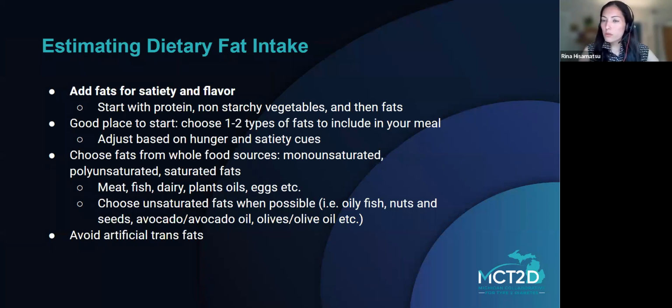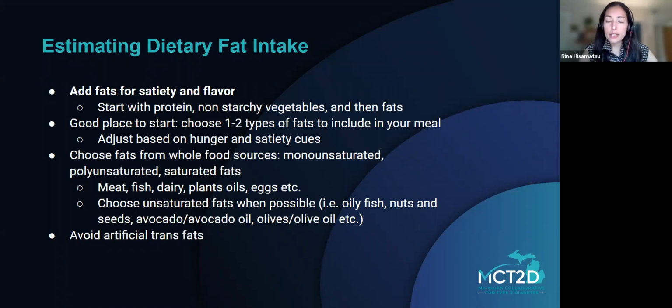So it's supposed to be used as a complement to a food, to help with making it more of a satisfying meal overall. We encourage choosing fats from whole food sources. So that includes both unsaturated and saturated fats from foods including meat, poultry, fish, cheeses, oils, butters, and plant-based sources like nuts and seeds. We typically also encourage, when possible, to choose unsaturated fats, because we do know that they have some additional benefits